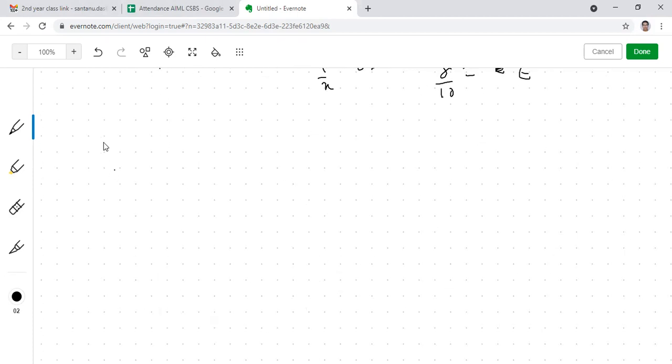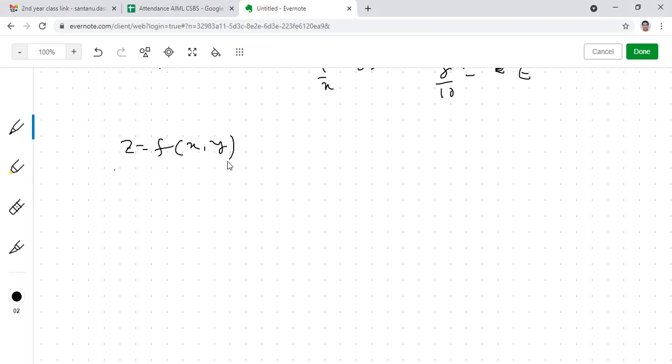Now we'll discuss what is the significance of limit and how we can find the limit. Okay, so what is the significance of limit for a function of two variables? Let's say z equals f(x, y). We have done this in the first semester. So this is a function of two real variables.